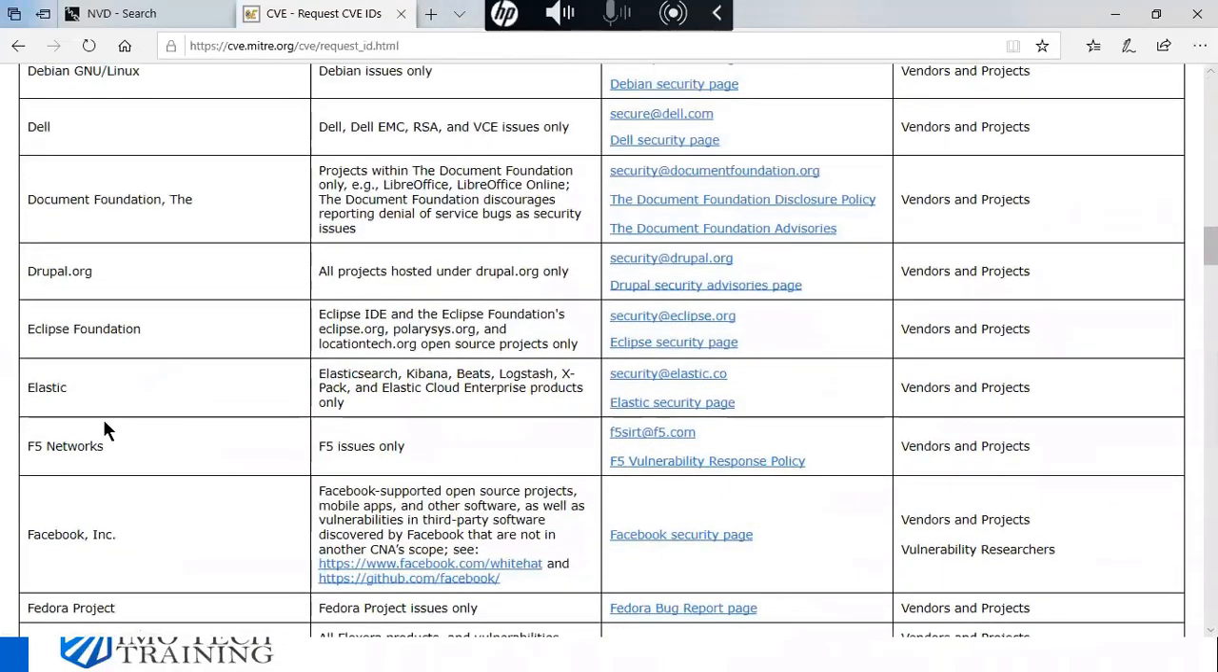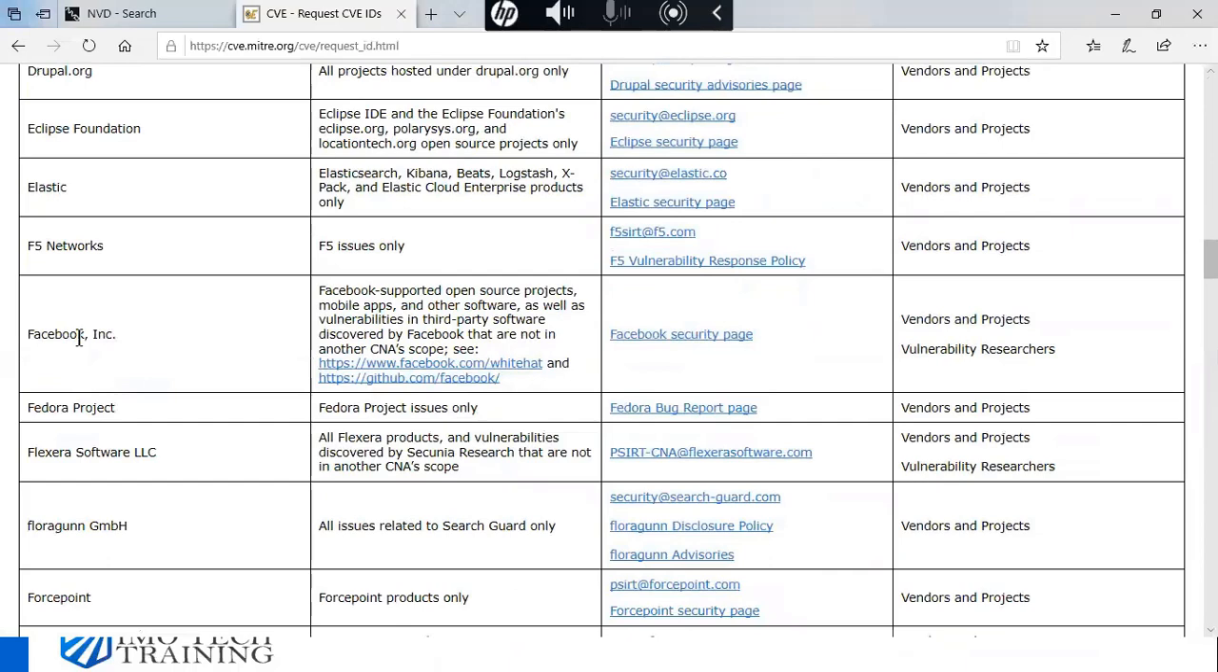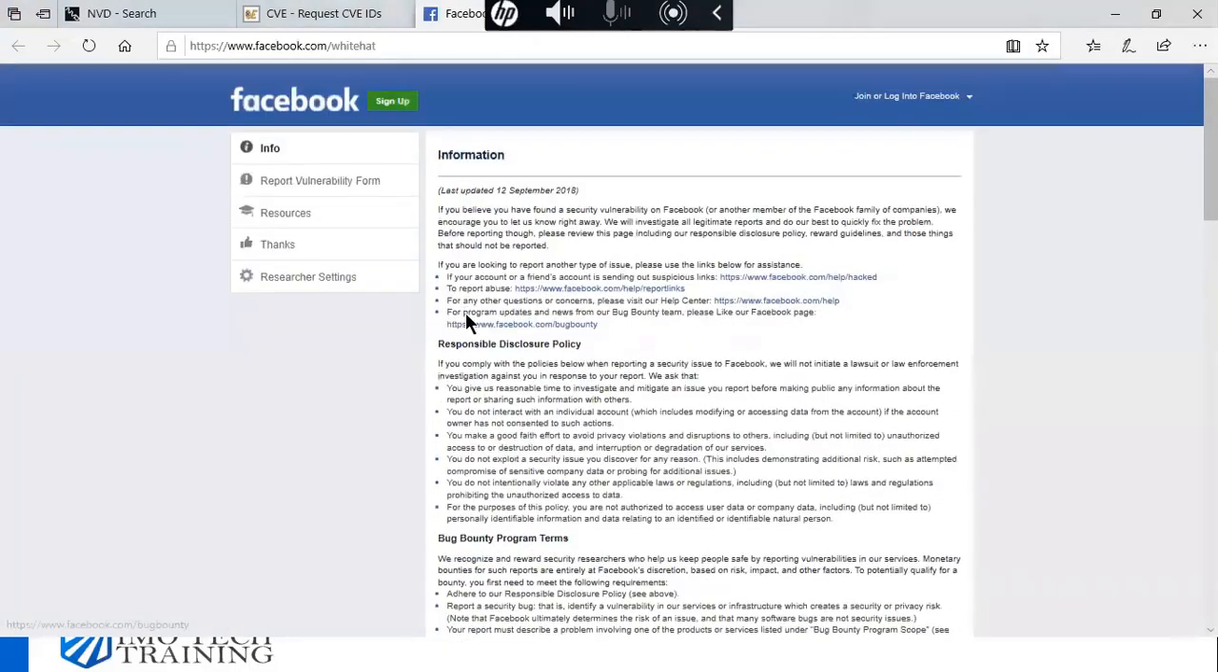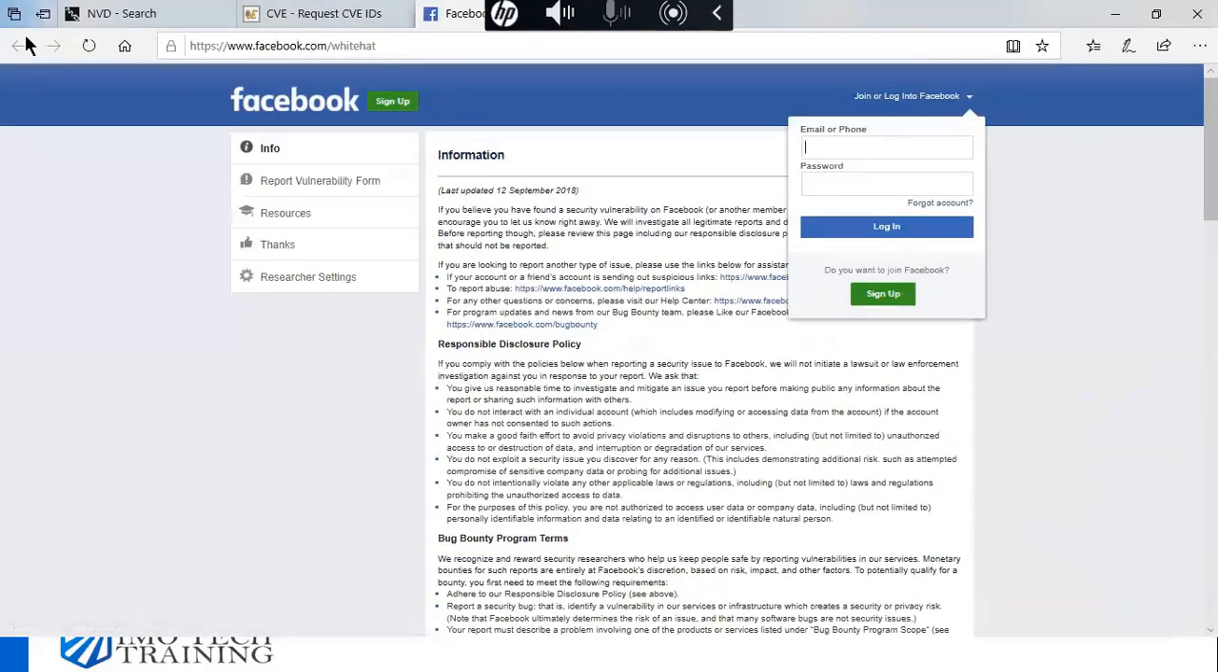So let's say I discovered a vulnerability on, say, Facebook or something like that, right? You go to the Facebook security page, and then you tell them exactly how you